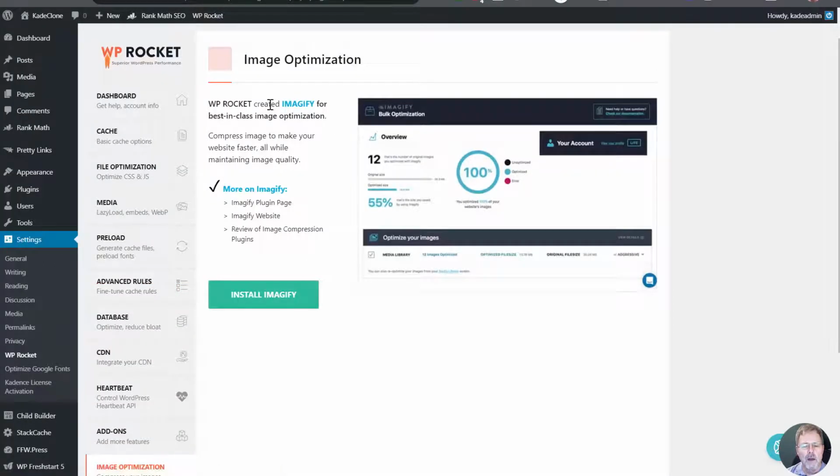We don't have any compression from Rocket, WP Rocket. We didn't install Imagify, and I will tell you why. That's it. And then we did one other small tweak for the